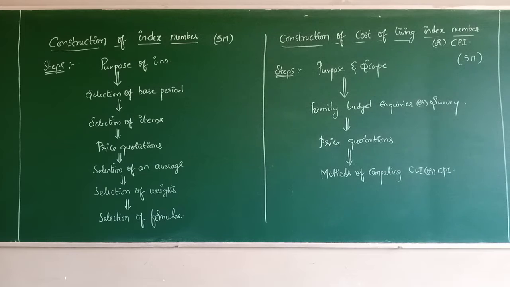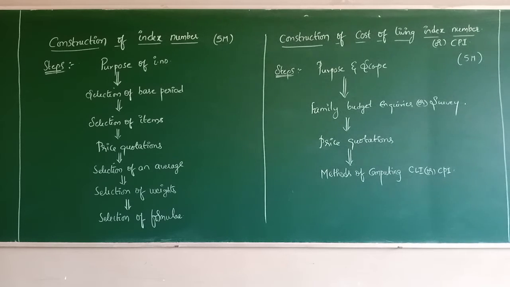So for every problem, the conclusion is what you are writing. After 100, how much it has increased, or to the 100, how much it has decreased. So that is what you are writing. Clear? So for every method in index number problems, right?